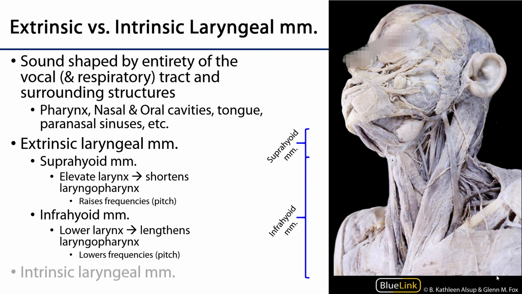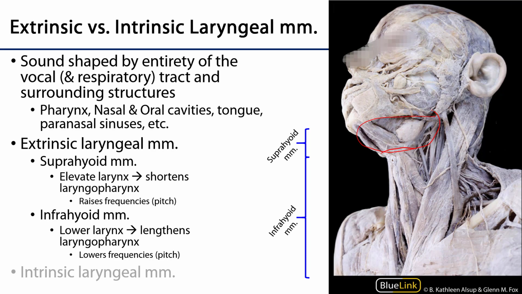So when we talk about extrinsic laryngeal muscles, we can talk about things like the suprahyoid muscles, that are going to pull on the hyoid, and by doing so, because the hyoid is attached to the thyroid cartilage via the thyrohyoid membrane, it also pulls on the larynx as well. So these suprahyoid muscles are able to affect sound by elevating the hyoid, which elevates the larynx. When you elevate the larynx,